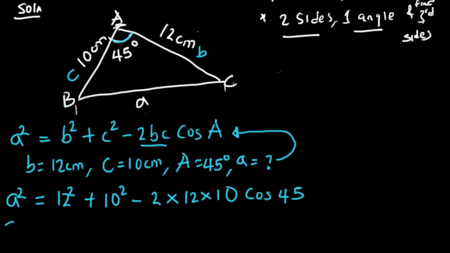So it then means we have a square equals 12 square is 12 times 12, 144, plus 10 square is 10 times 10, 100, minus 2 times 12 is 24. 24 times 10 is 240. So we have 240 times cos 45. Cos 45 should give us